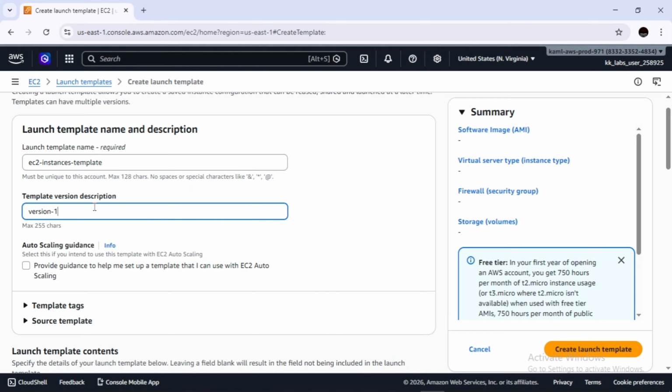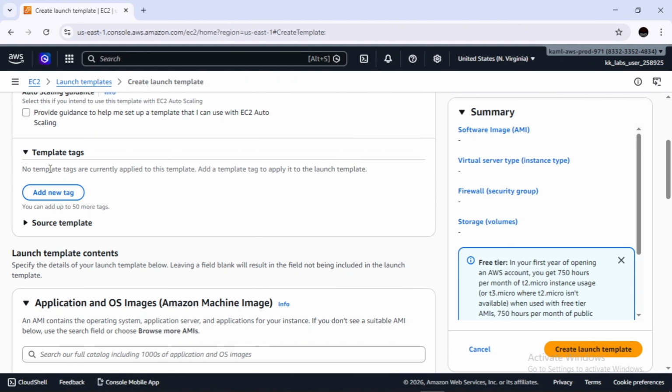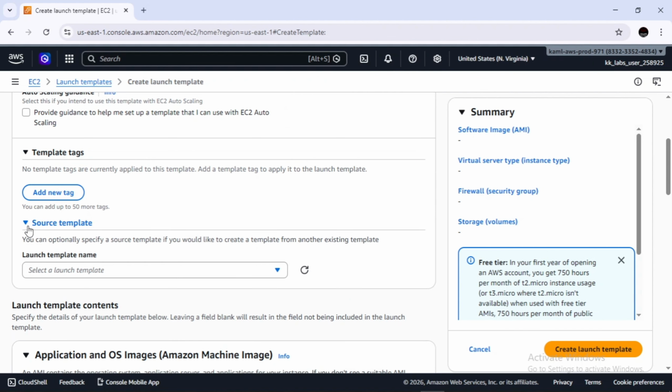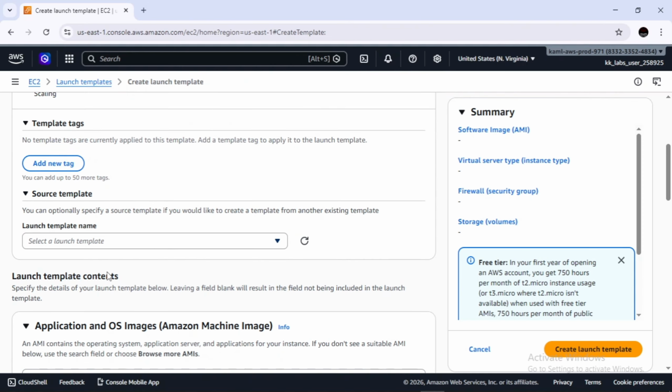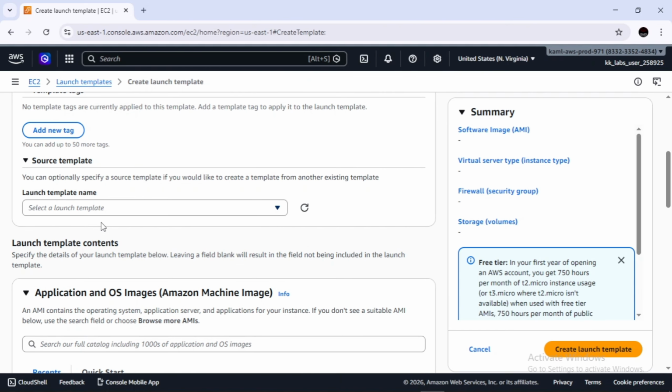EC2 launch templates give you a very powerful feature, which is template versions. We can launch multiple versions within the same template. Template tags we do not need as of now, and source template is the option where we create a launch template from another launch template. So if I want to create a launch template from a previously created template, I'll use this option.